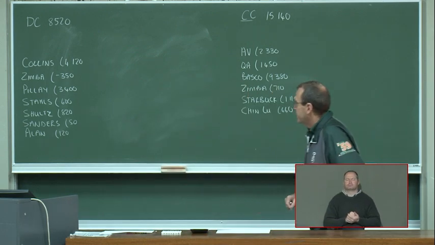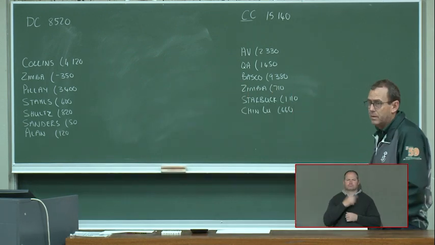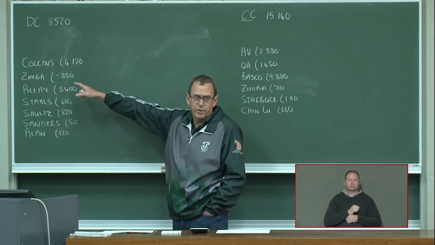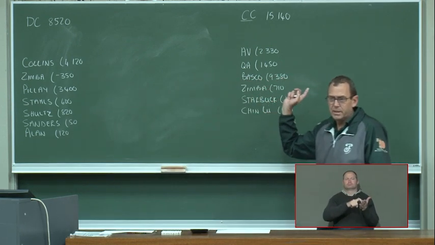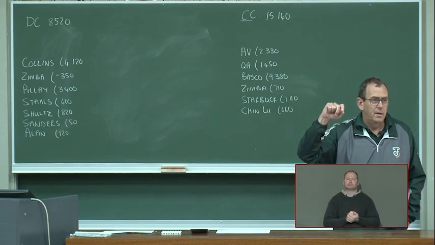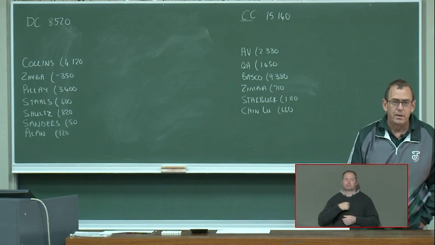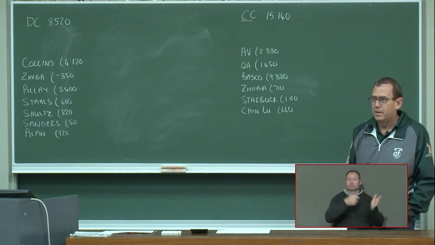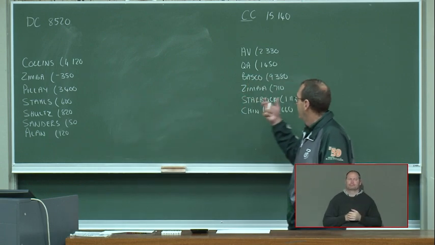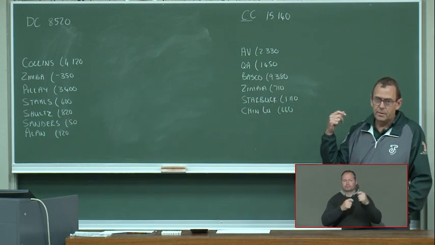What do we note about Zimba? We see that we have a debtors account for them and a creditors account. What does that mean? We sell to them and we buy from them. All right. So when we sell to them, it will be in our debtors ledger, and when we buy from them, it will be in the creditors ledger.